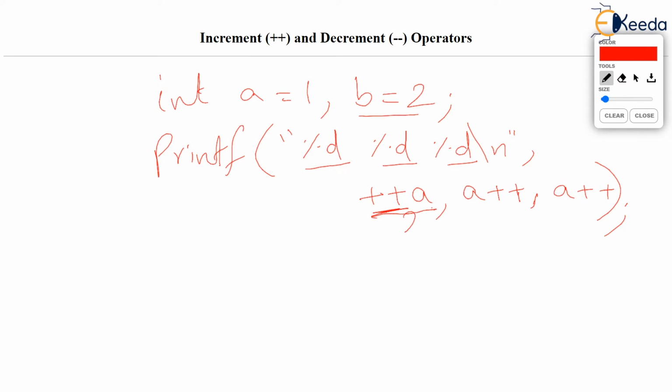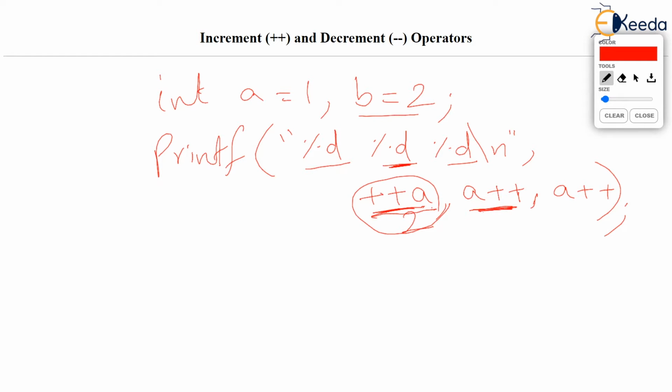And remember, A will become 2 because you have increased the value of A. So due to this portion, 2 will be printed, and A is also 2. Now the beginner would come to this expression. This is the second %d, this we are printing. But remember, A has already become 2.